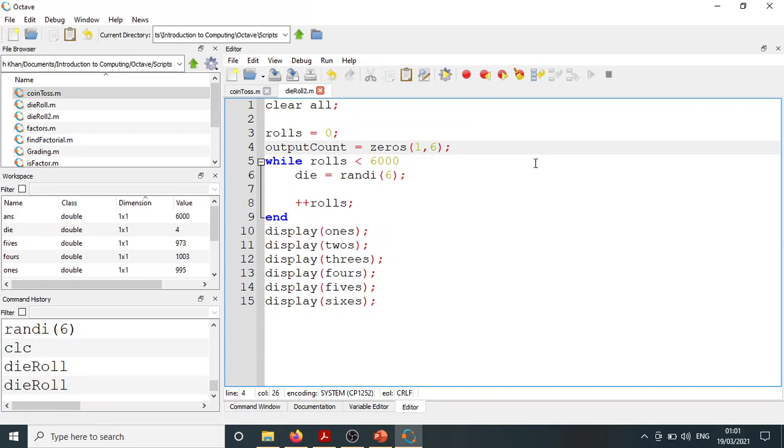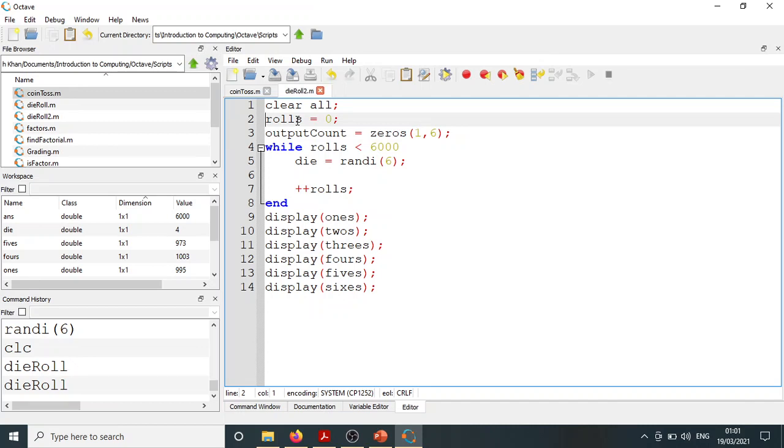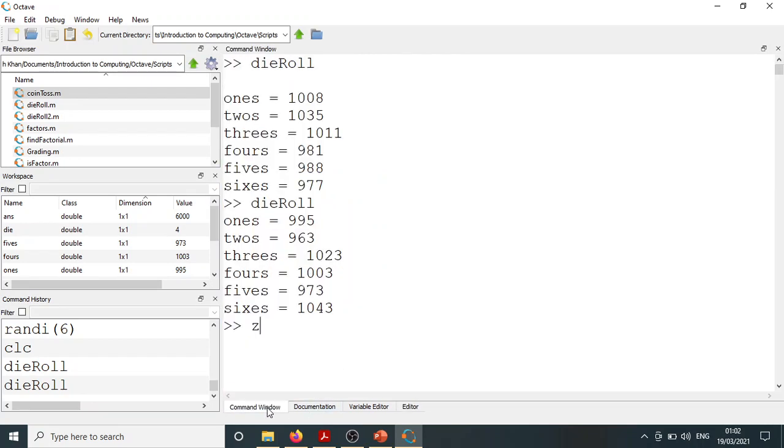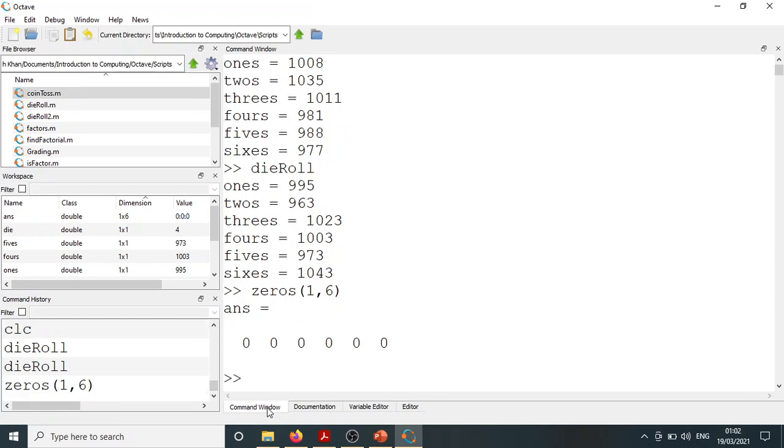ठीक है, तो हम क्या कर रहे हैं, हमने 1/6 साइज का एक वेक्टर क्रिएट किया और उसकी तमाम एंट्री ज़ीरोज़ हैं। आई होप यू आर अवेयर ऑफ दिस फंक्शन ज़ीरोज़। सो इट क्रिएट्स बेसिकली अ वेक्टर ऑफ ऑल ज़ीरोज़। यहाँ पे आप ट्राई कर सकते हैं। व्हेन यू से ज़ीरोज़ and zeros 1/6, so a row vector of with 6 columns would be created and all the entries would be zeros।